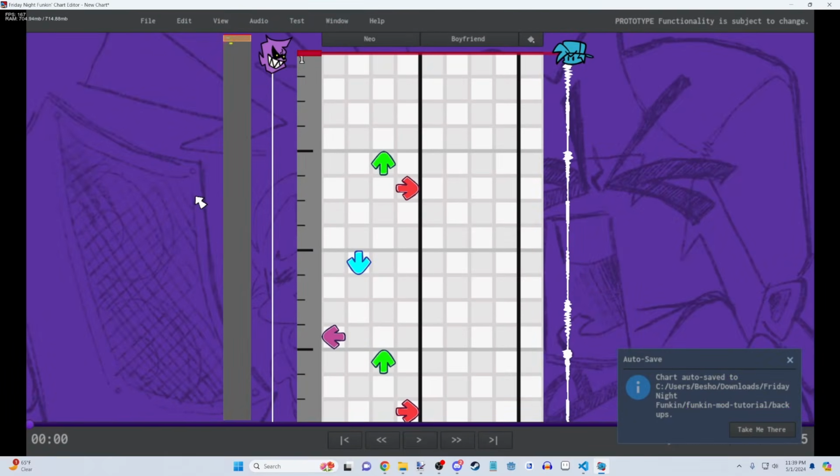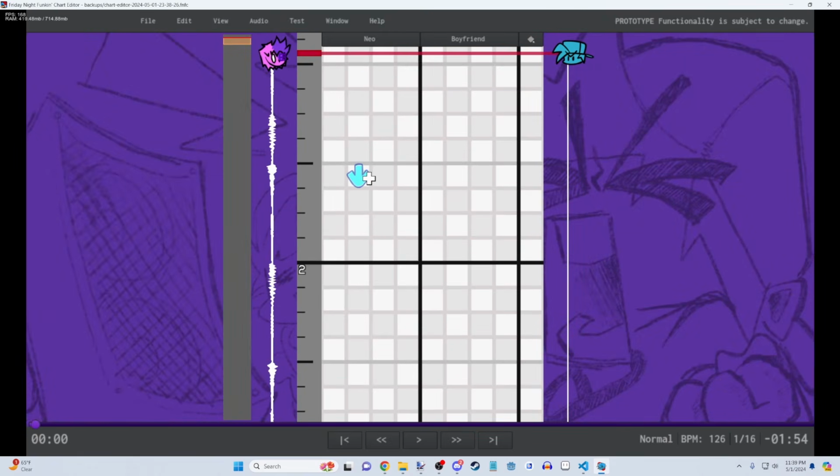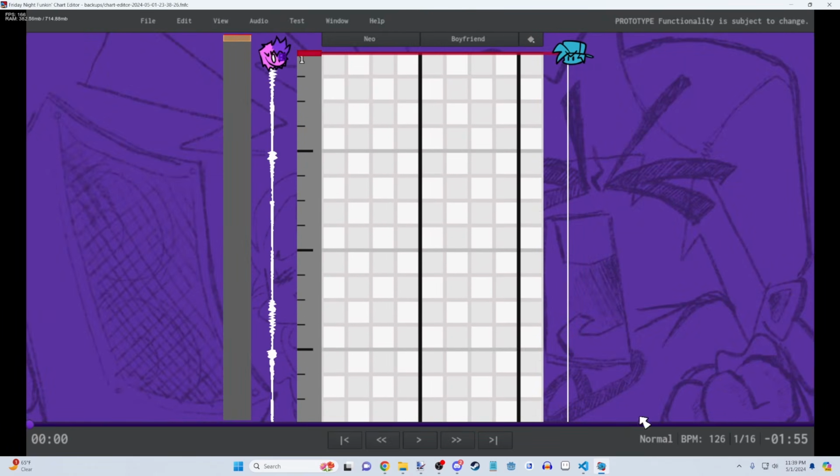Let's just return to the chart editor, press F5. And it seems like that just kind of completely reset it, but a backup was created by me returning to the chart editor, so let's open it. It put me on normal, which is why none of my notes are here. Let me just switch back to easy. And now, if we test our game,